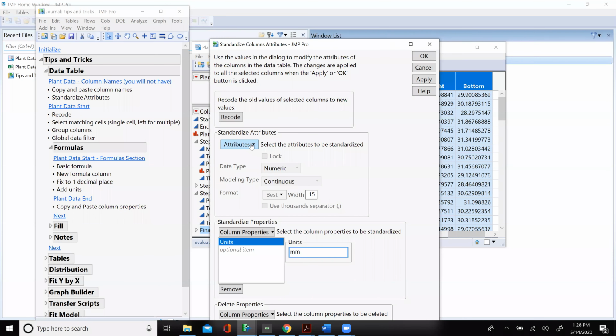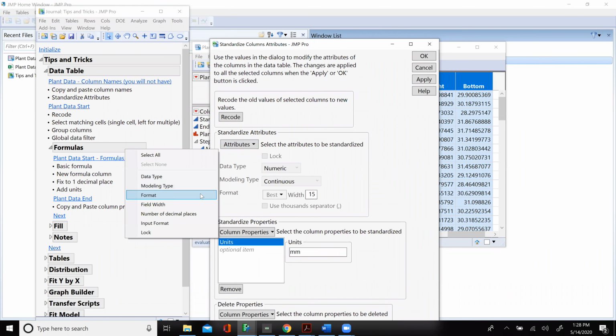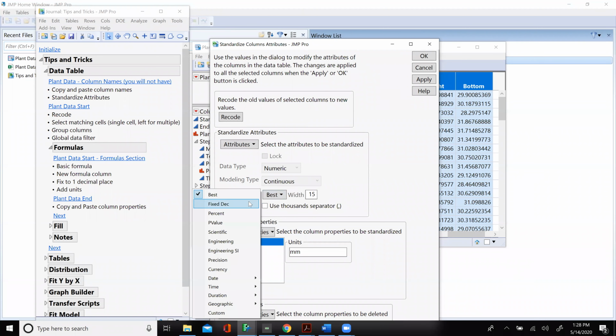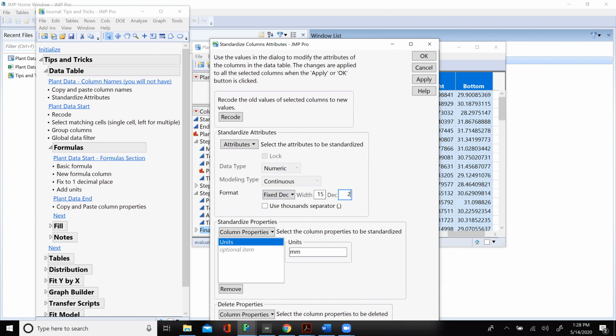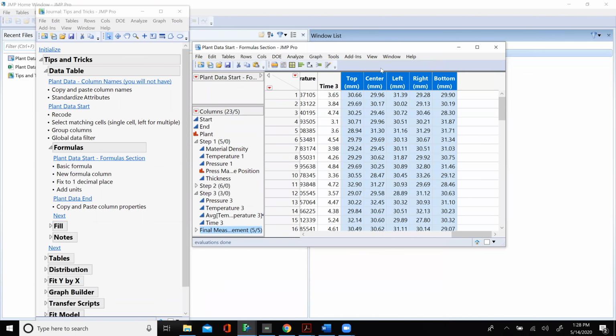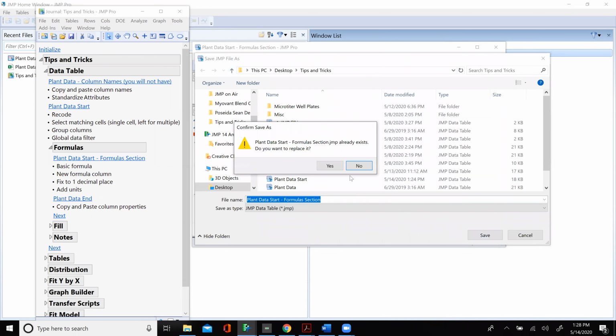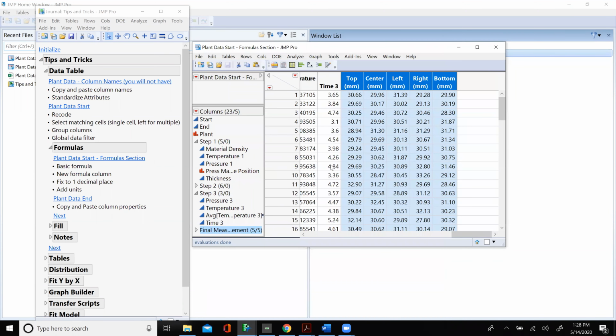Next thing I'm going to do, just like I did before with attributes, format, fixed decimal, 2 decimal places. Okay. I said 1 decimal place, we'll go 2. Now I want you to save that. Good. I just changed it to 2 decimal places and I just added units.